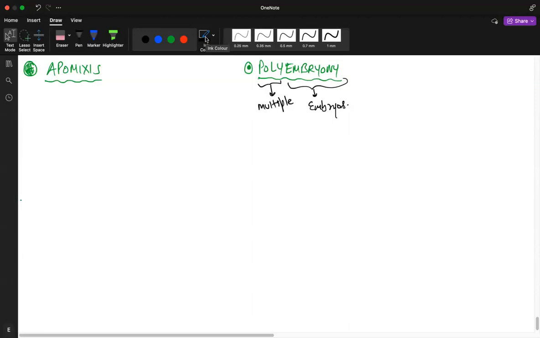Okay, so you can write down a few angiosperm species, and many of these species are, if you remember,